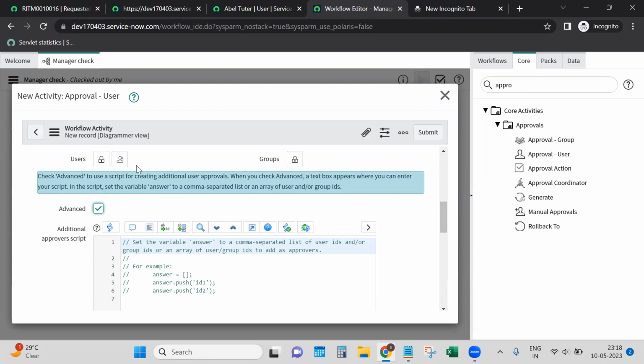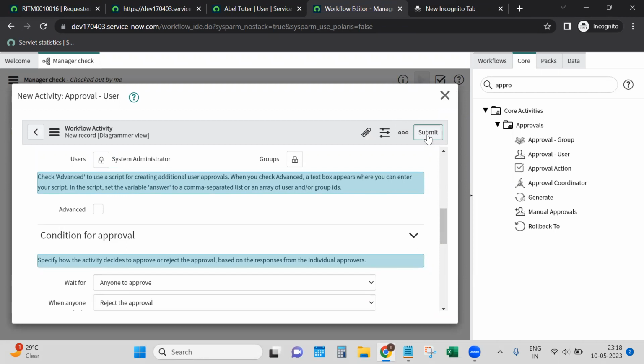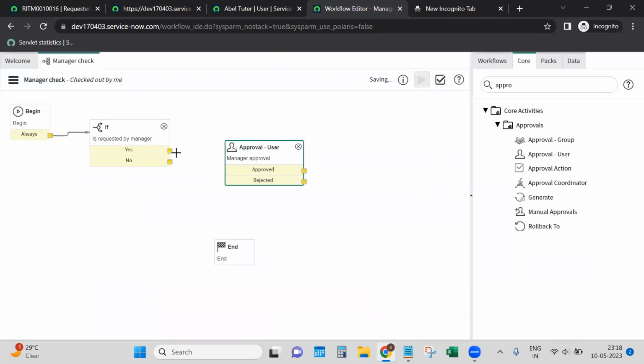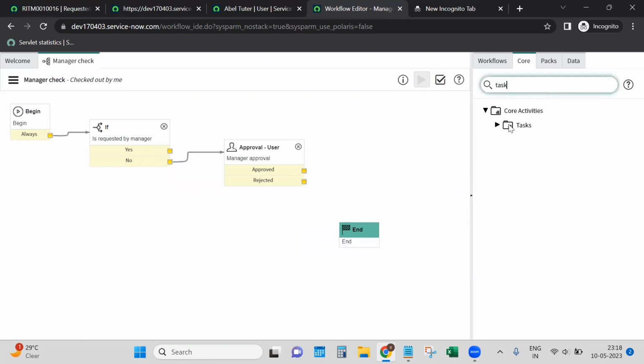Okay, so for the time being I'm just adding myself, so that the video doesn't get too long. So if requested by is not manager, then add the approval, and if it is yes, then directly, suppose if you want to create a task,